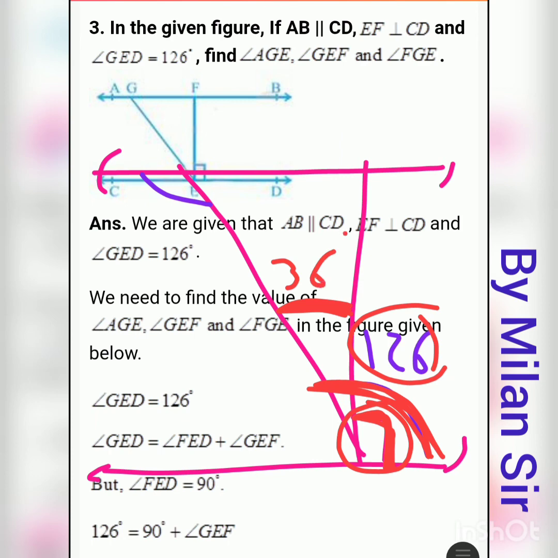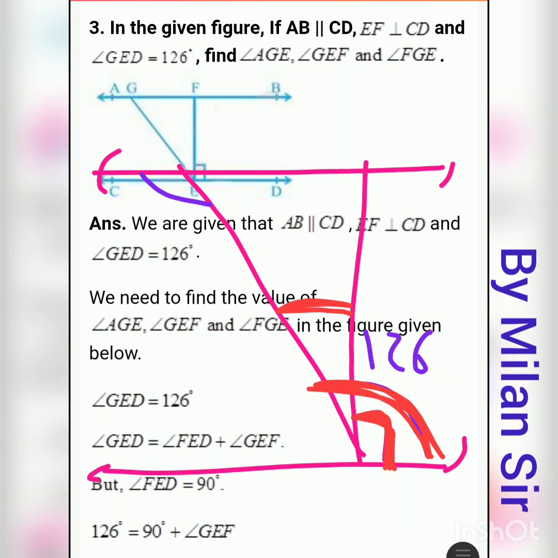Okay, initially we made one mistake here. Here it is given 126, but we considered it 120. That's why our answer became 30 degree. Okay, it's a mistake. Our answer is 36 degree. Here the angle is not 120 but 126. So from 126 we need to subtract 90. So our answer becomes 36. Okay, so our second answer, GEF, is 36 degree.